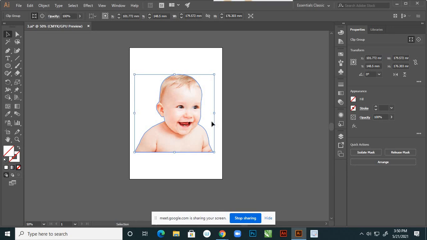Another method is embedding. So no need to send your linked file, because it is already stored in the Illustrator program. You carry that file only, and open it anywhere, and automatically the image is there, right? So those are the two methods.